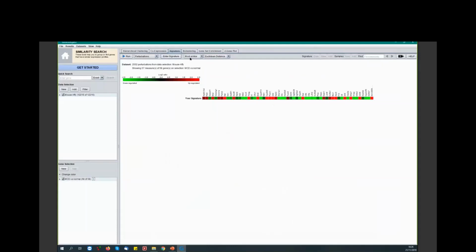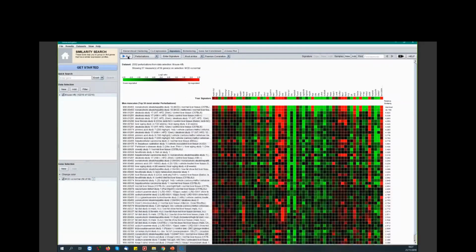We have set the tool to the most similar, and what the tool does is search for the most similar profiles as possible. We will change the distance measure to a Pearson correlation coefficient and then click Run, and this will display the results. So these results are based on the values of expression, and for every row here, you are looking at